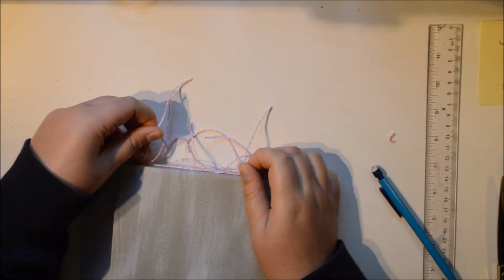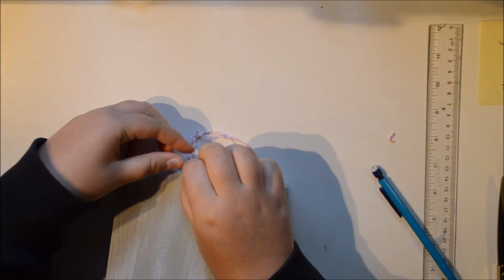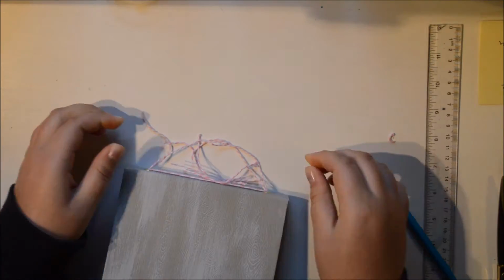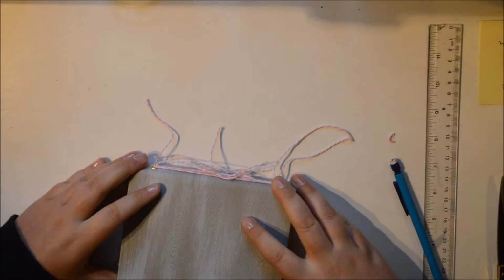Just as long as you keep the book centered, so that the pages line up together. It's not that fussy, but yeah. So that is all. I'm going to do this,